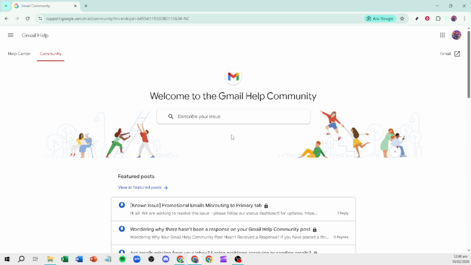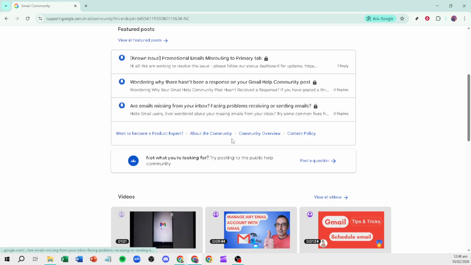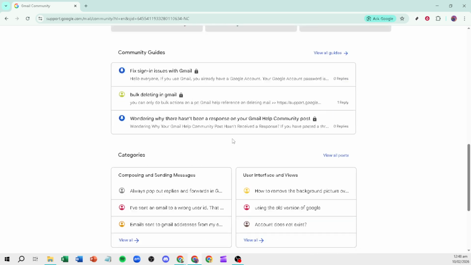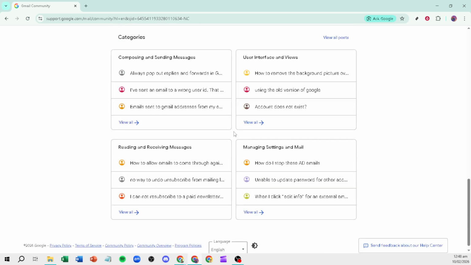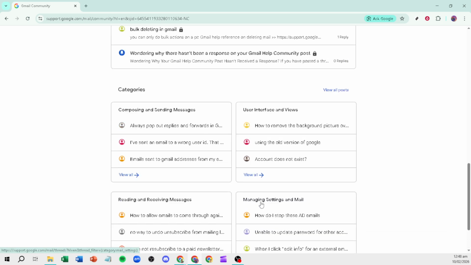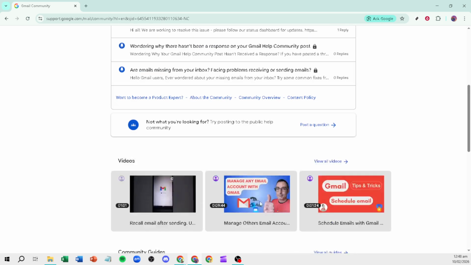When you post your question, describe the issue clearly and include relevant details like what you tried, what device and browser you're using, and any error messages, but leave out personal data. Don't share passwords, recovery codes, or full email addresses. If you add screenshots, blur anything sensitive. The clearer your post, the faster volunteers can point you to the right